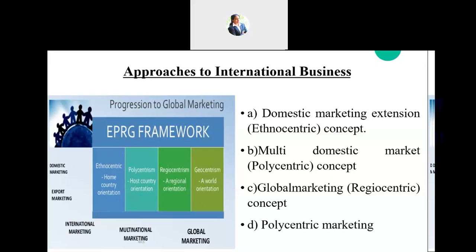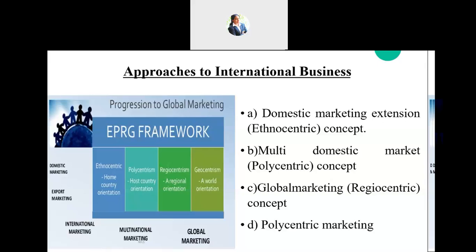Now, under geocentric orientation, the companies which follow such an approach are truly called global players, as they always undertake what is called think global, act local. Such companies will always view the entire world as their potential market,